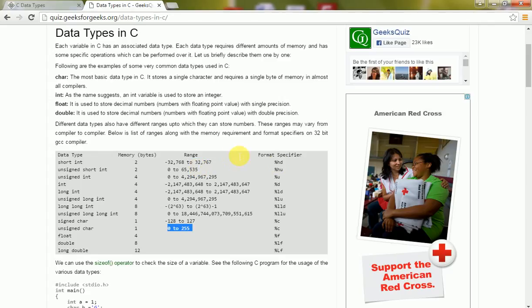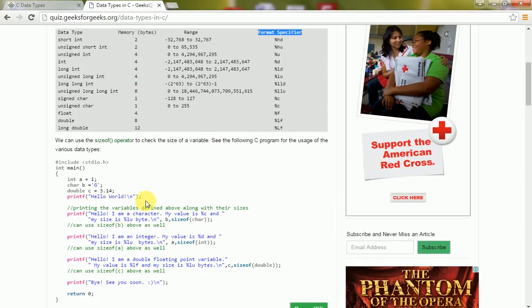And here is another thing, format specifier. Format specifier is most important in C programming. If you have learned C programming before, you will have seen format specifiers. If you want to print any variable value, then you must use a format specifier. Just like if you want to print an integer value, then you must use %d. If you print a floating point value, then you must use %f. If character, %c. But for an integer you can't use %f,